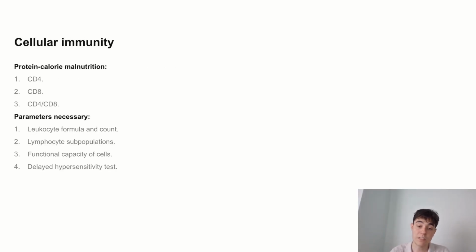Talking about cellular immunity, the protein calorie malnutrition can affect the circulatory lymphocytes which are in blood. If we have a malnutrition related with protein and calories, we will have a smaller number at the expense of the T lymphocytes that mature in the thymus. Okay, and they are all necessary for preventing infections. Okay, CD4